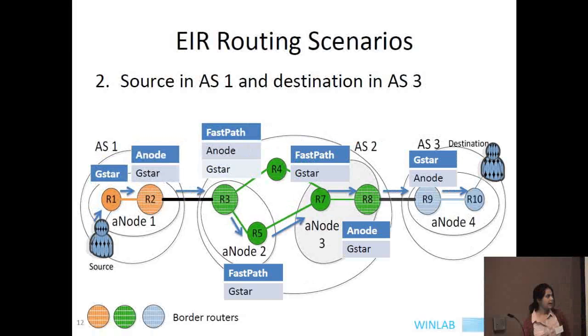And the other scenario is when it's transit traffic. It's a bit different than the previous scenario I showed. It's still the same for AS1, but when it reaches the transit AS, router R3, which is a border router, would look through its fast path, attach a label to the traffic, and inject and push the traffic along the fast path. And all the other routers, instead of looking at their G-star forwarding table, because it's marked as transit traffic, will go through the fast path forwarding table till it reaches the egress border router, and then it's again G-star to the destination.